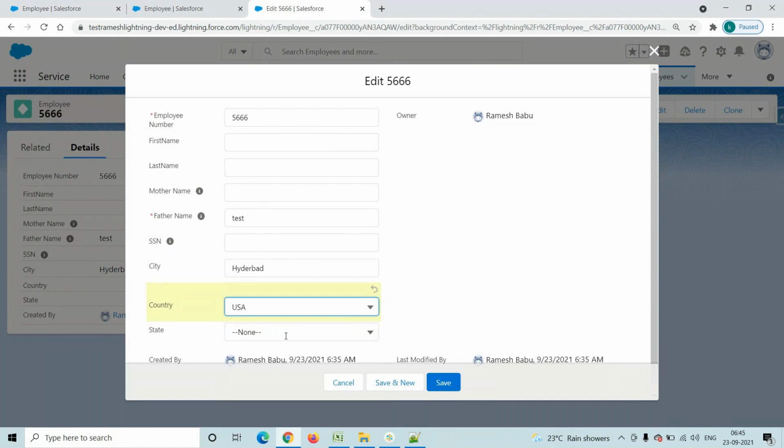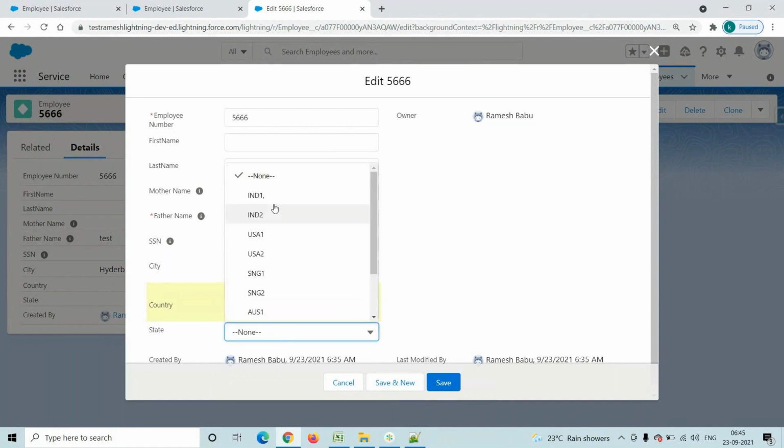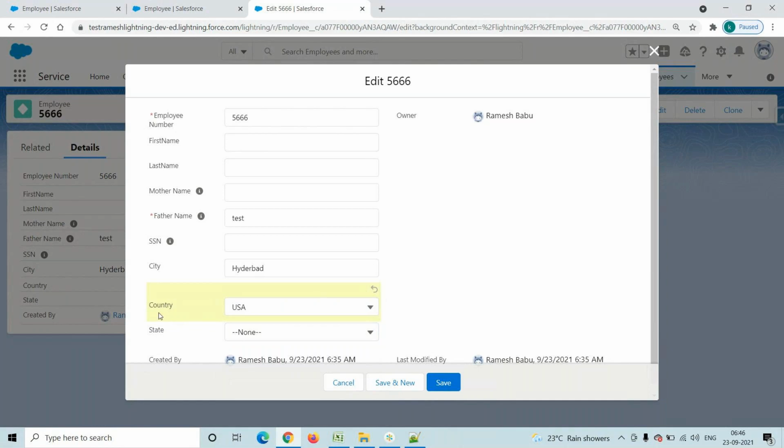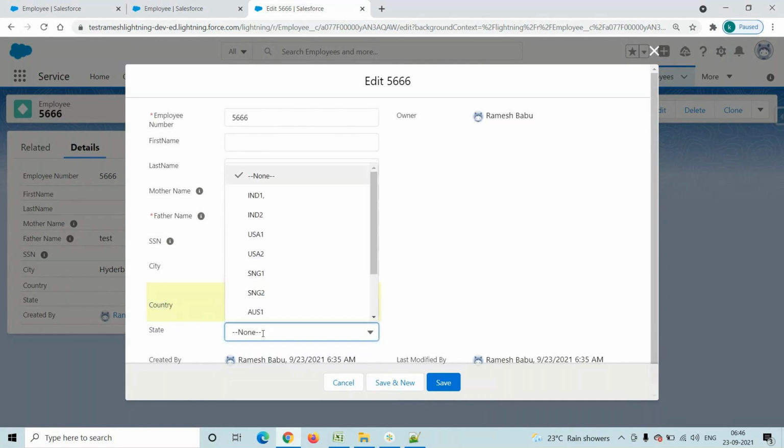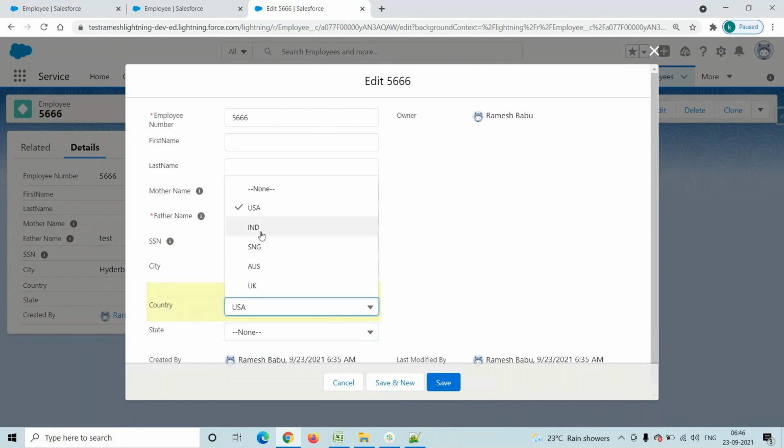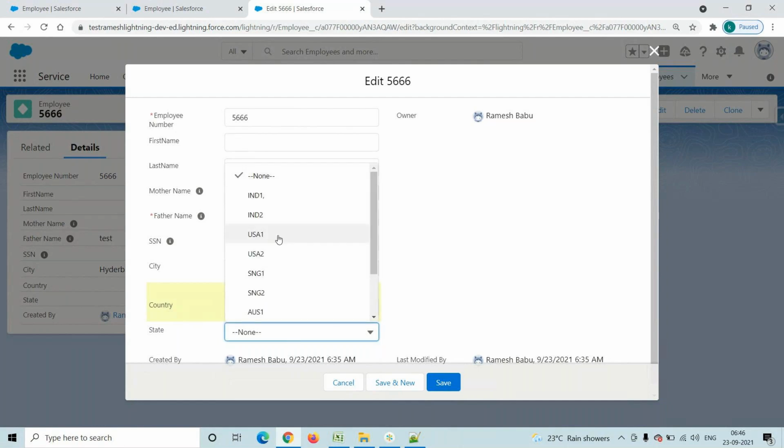Whenever you come to the state pick list values, it shows all the states related to different countries. But my requirement is, whenever you select the country as USA, the state should be related to USA only. Here the state should be USA 1, USA 2 only. I want only these two values. For example, if you select the country as India, then the state should be India 1, India 2 only.